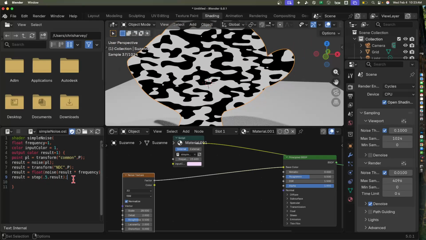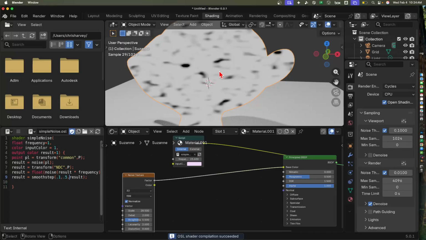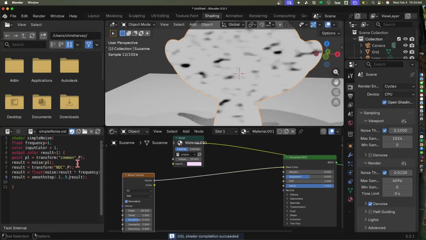There's also another function which is very handy called smoothstep, which gives a Hermite interpolation between two values to give you a soft transition. So if we want to do from 0.1 to 0.5, that will be our transition. Hermite interpolation starts out smooth, it'll come in, and then it's kind of an S-shaped curve. So if we do a Hermite interpolation there, we now get a smooth transition between the two. And this is where writing shaders is cool, because you can say